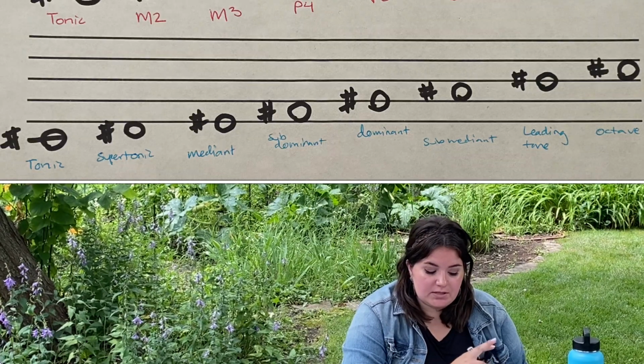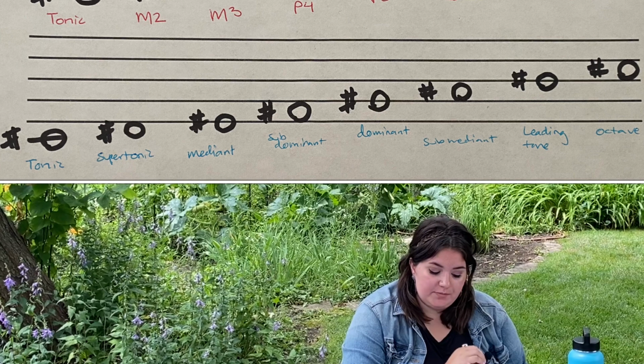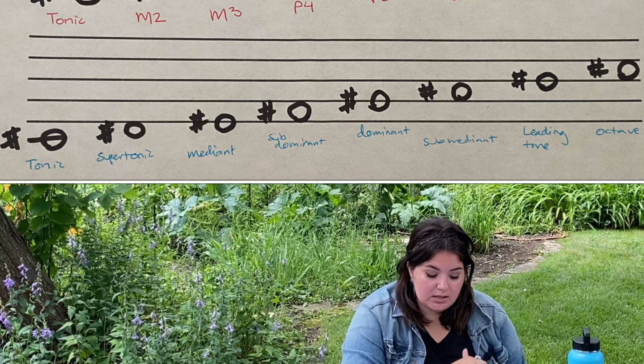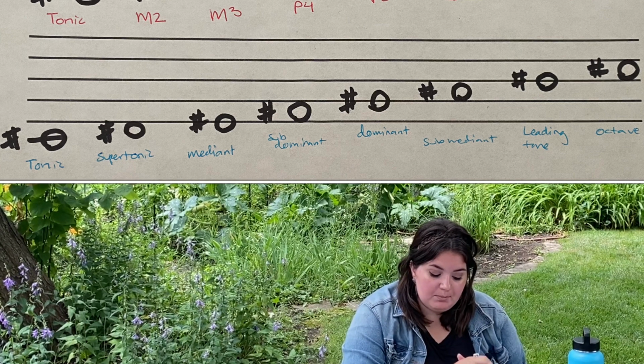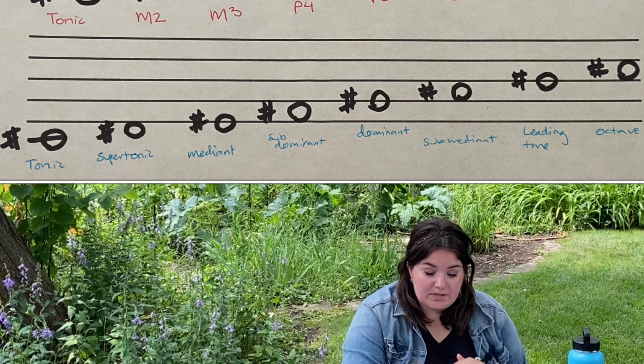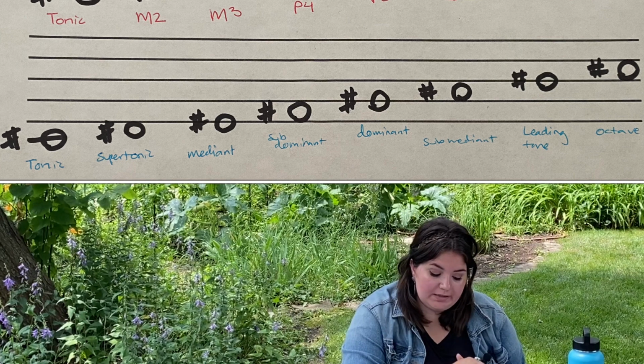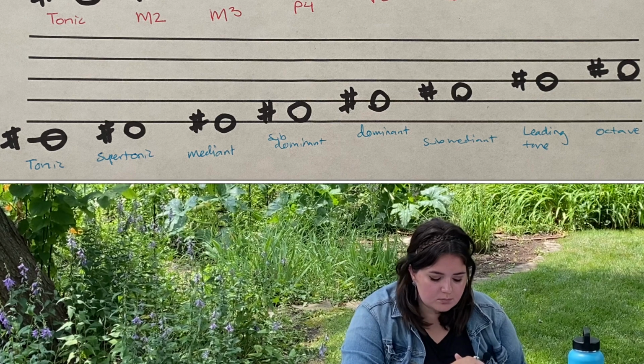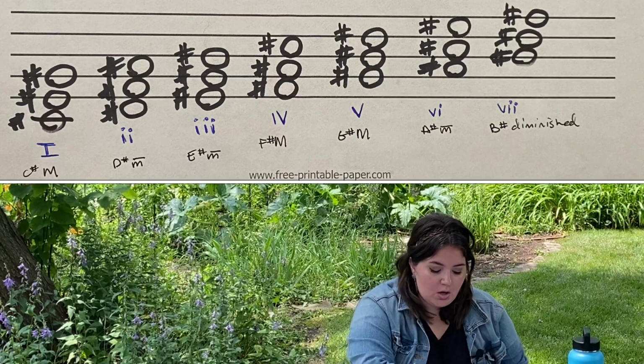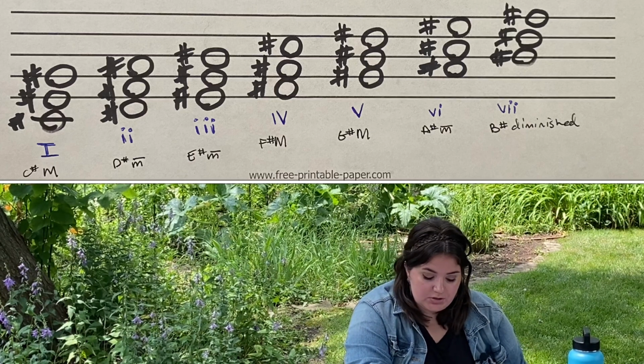The scale degrees of C sharp major: C sharp is tonic, supertonic is D sharp, mediant is E sharp, subdominant is F sharp, dominant is G sharp, submediant is A sharp, leading tone is B sharp, and our octave is C sharp. The triad chords are, our one chord is C sharp, E sharp, G sharp, which is our